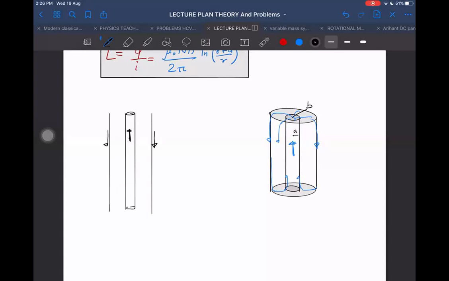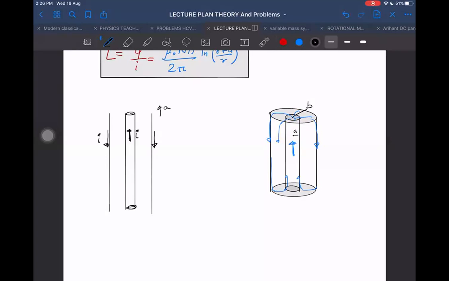Sometimes they don't even say returns. They simply say this carries current I inside and outside in opposite directions. And then they ask to find out the self-inductance. I don't know why they do like that, but that does not even make sense. Self-inductance is for closed loops, so there should be a closed loop. They don't specify it, but it is already there. When they say it is infinite, it means we don't get to see its ends, so we don't know how it is returning from the ends. We don't care. When they ask to find the self-inductance per unit length, we don't care what is happening over the ends.